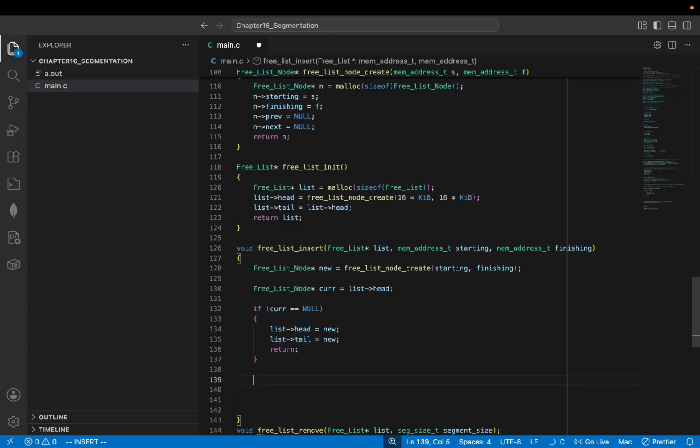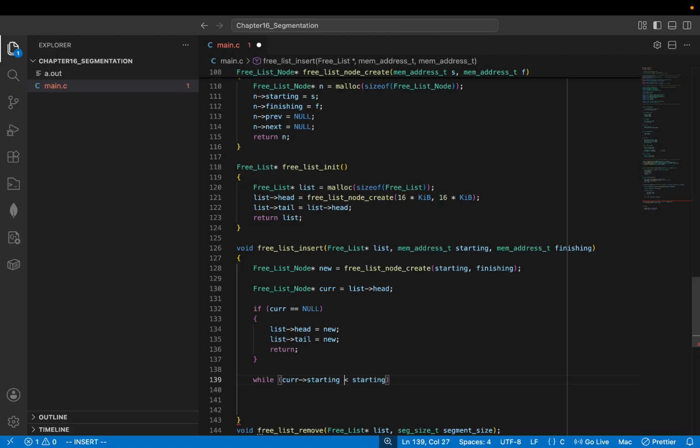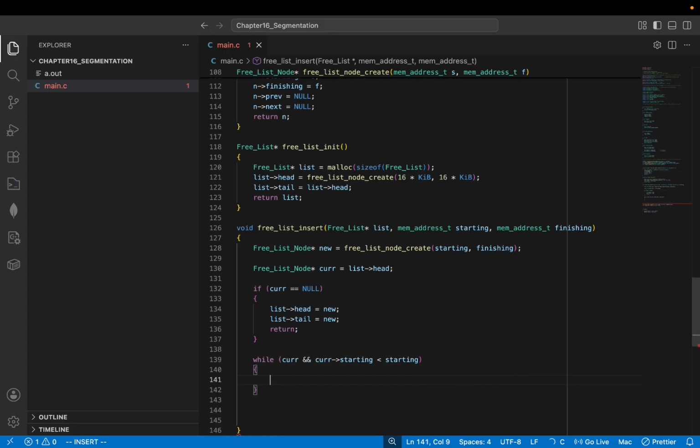Now, if the current is not null, then while current, first of all, and current starting is less than starting, do